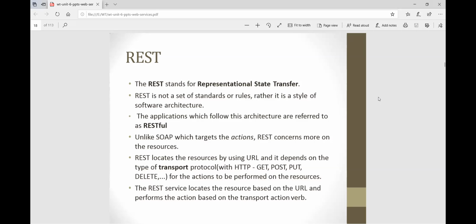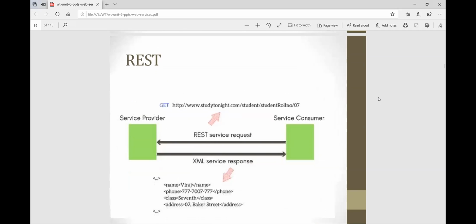GET means we get the data from users, with the POST method we post the data, then PUT method and DELETE method, etc., for the actions to be performed on the resources. Then the REST service locates the resource based on the URL and performs the action based on the transport action verb.